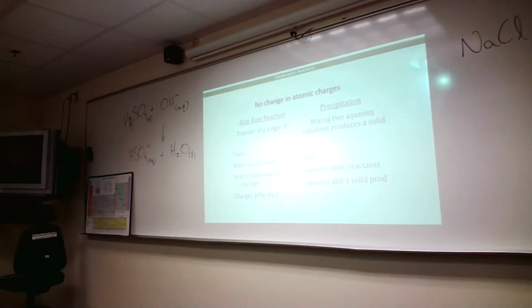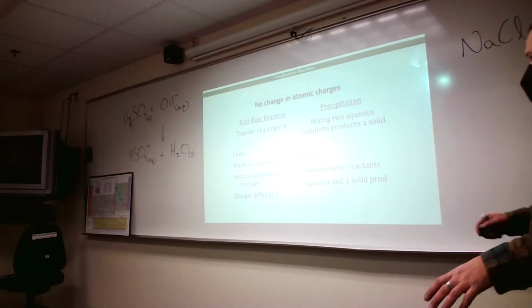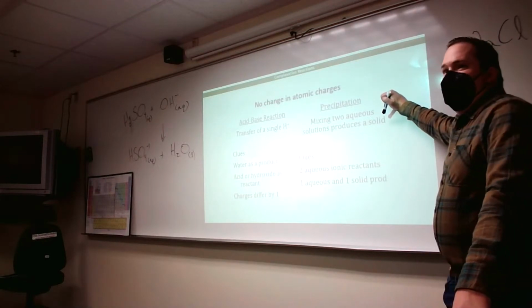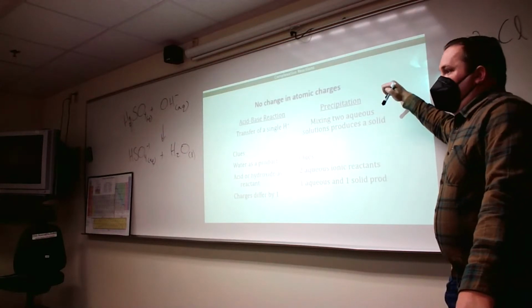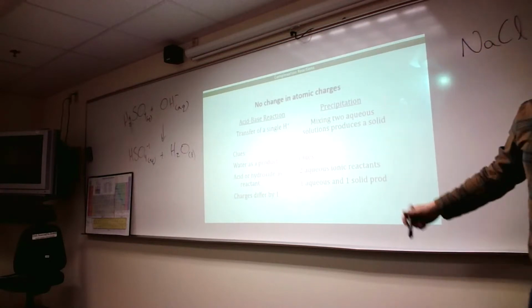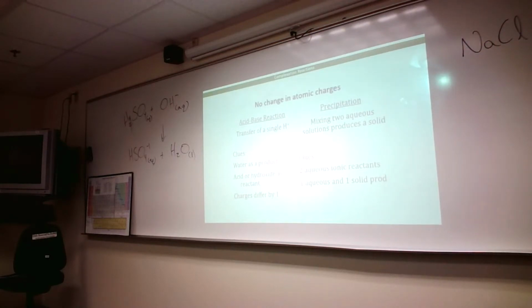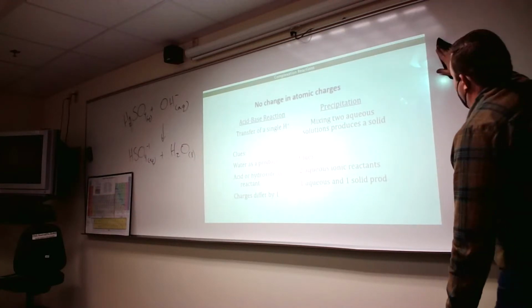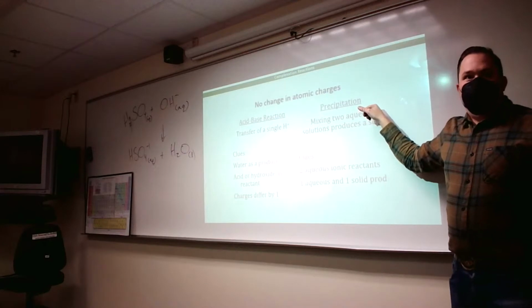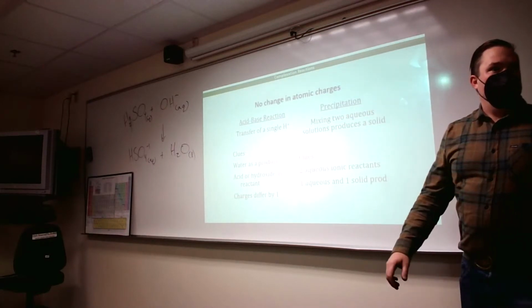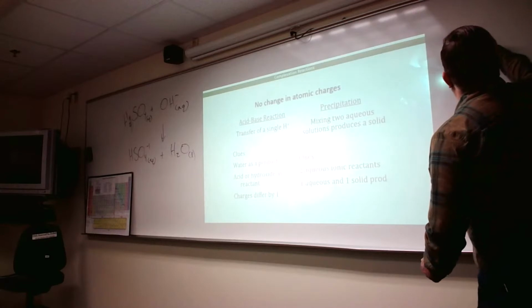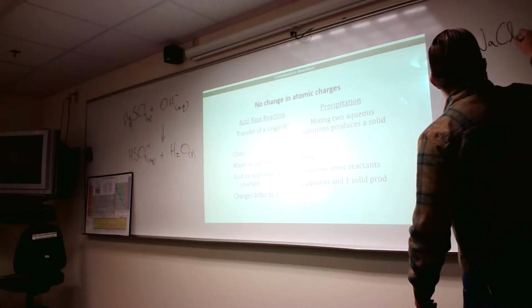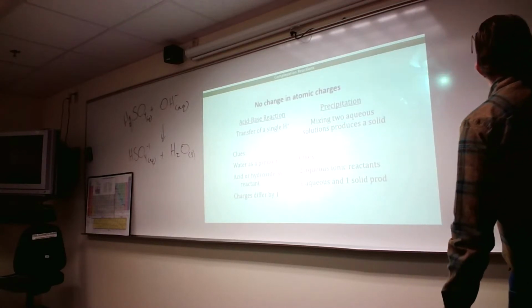The other kind are even easier to recognize once you know the clues. It's what's called a precipitation reaction. A precipitation reaction just means that when you mix two things together, you make a solid. You mix two solutions together, and the result is something that doesn't dissolve anymore. So precipitation reactions are always going to look like you mix two aqueous solutions and you make one solid as a product. So for instance, if you mix salt water and silver nitrate,